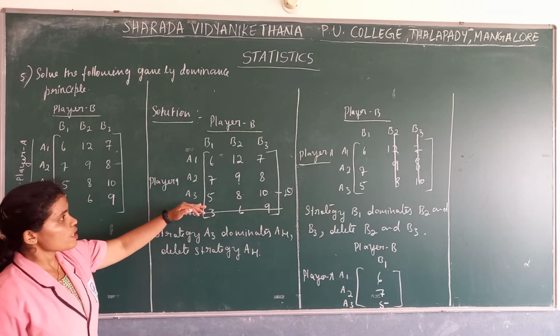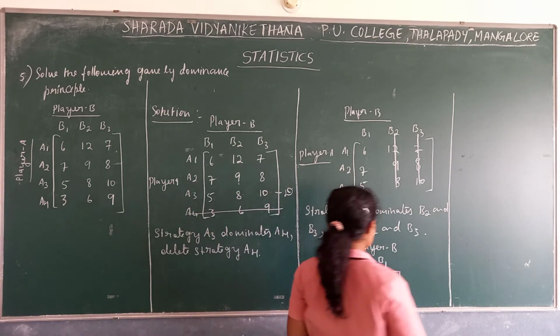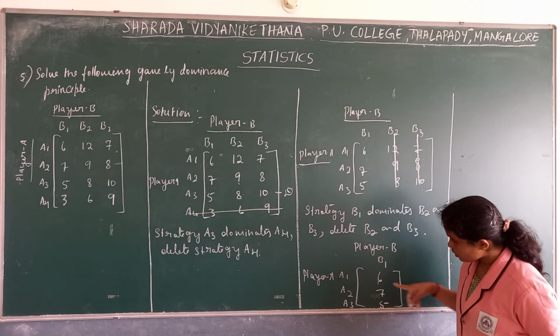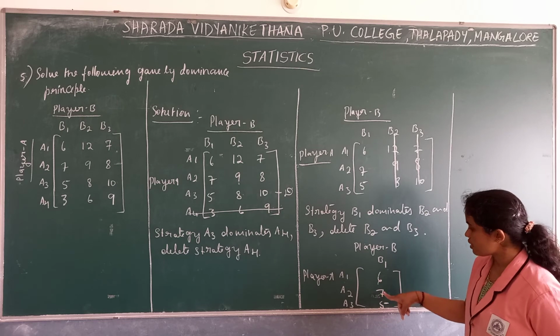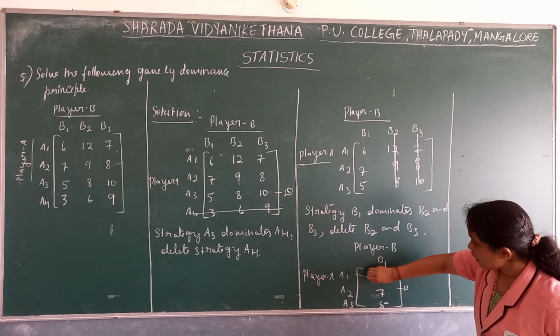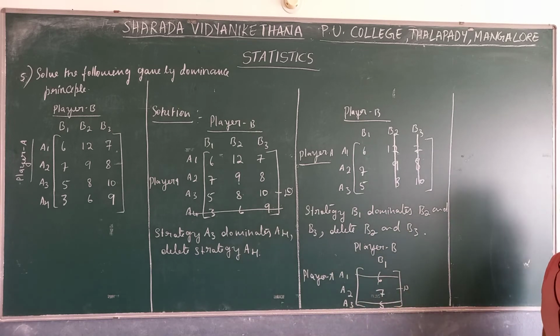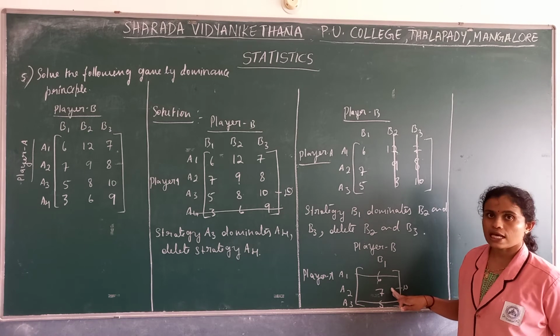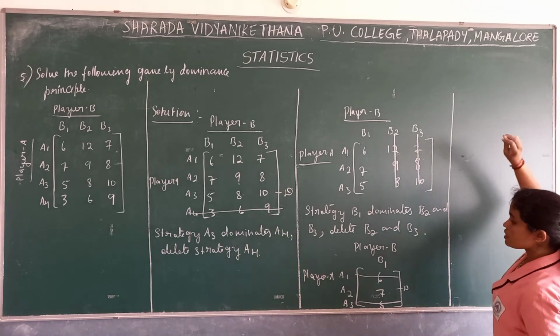Now row wise comparison, column wise comparison. Again we have to see the row wise comparison. See which is the greater row here. Here A2, that is 7. So we can say this is the dominating one. The A1 and A3 we can delete directly. We get the complete A2 row as the greater row. Now what is remaining at the end?